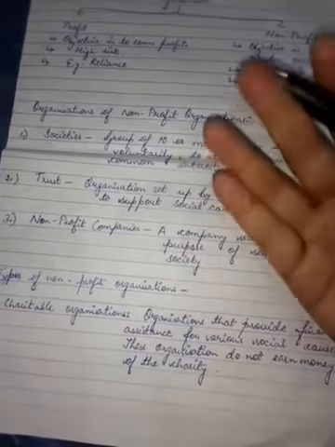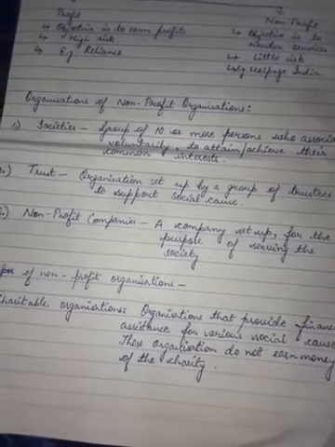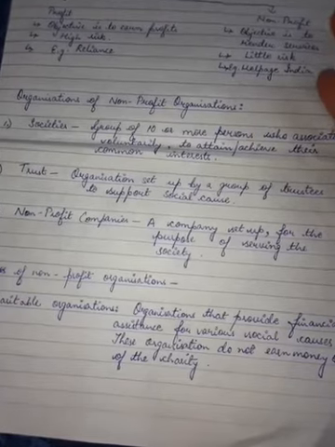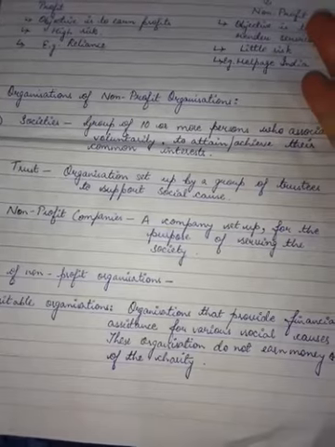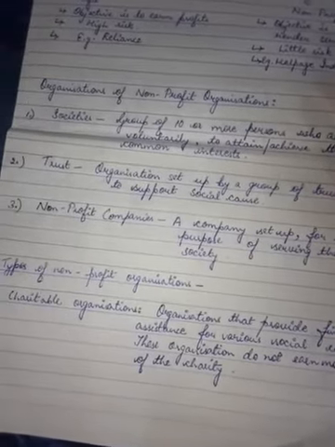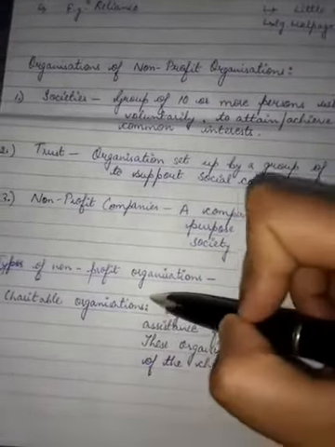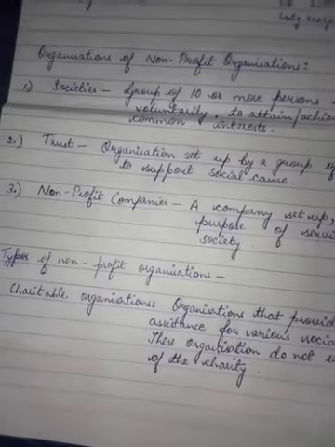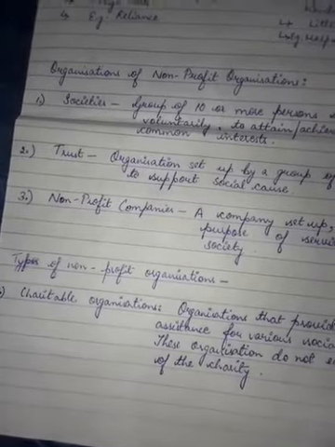Let's take an example again of a similar kind, like the scholarship that is provided to students who are from an economically poor background and they are meritorious students, and because they cannot pursue higher studies, what happens? This charitable organization does a charity. What do they do? They donate the money. They donate the money for the higher education of that student. So just understand in this manner, okay?